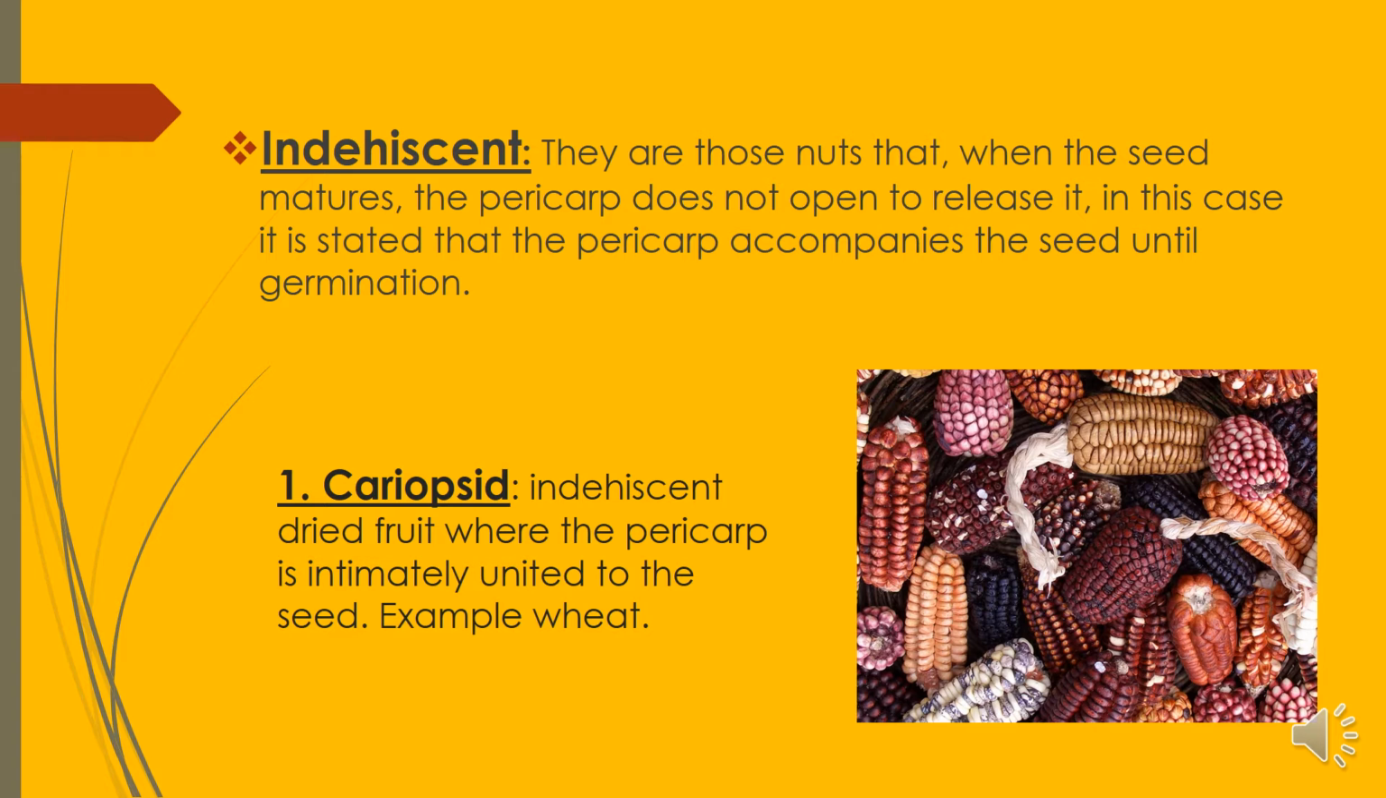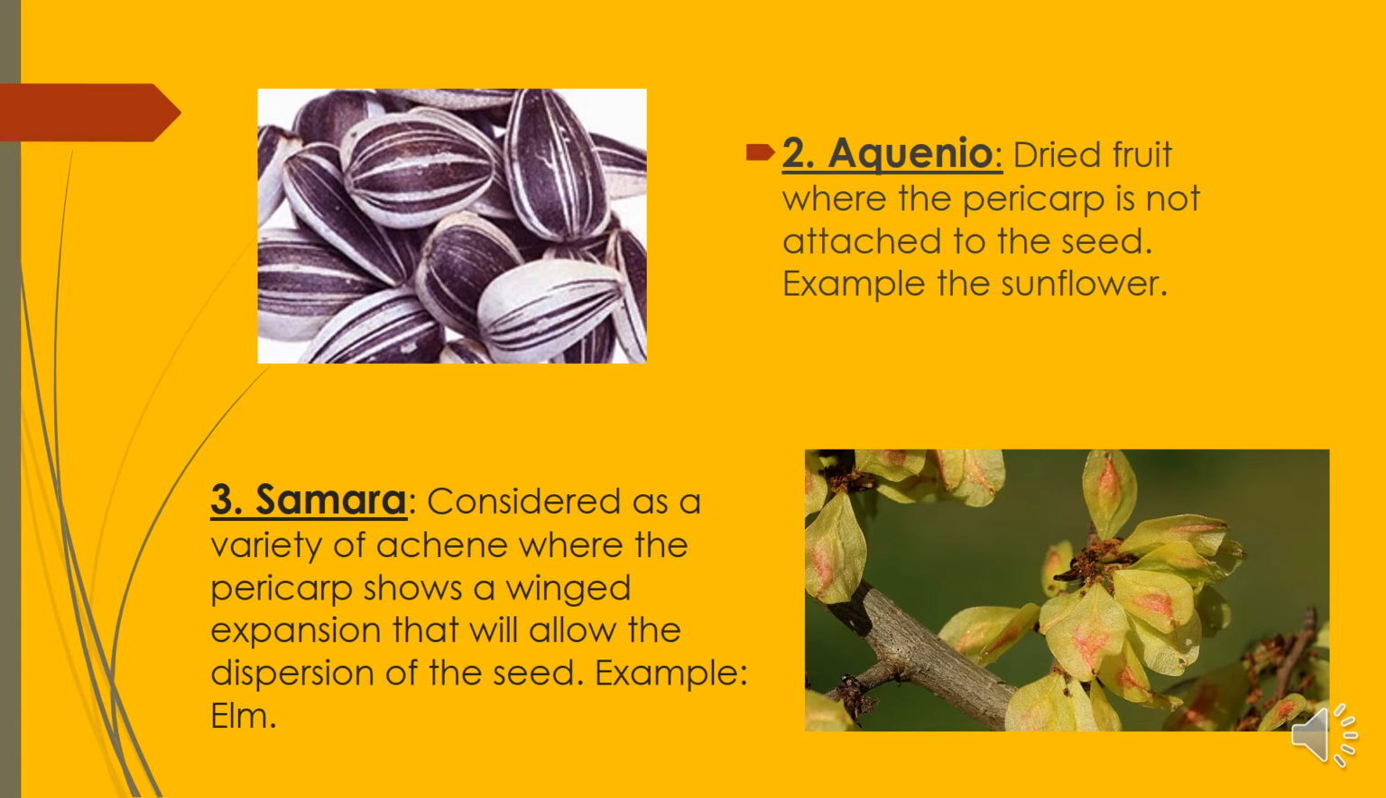In indehiscent fruits, when the seed matures, the pericarp does not open to release it. In this case, the pericarp accompanies the seed until germination. Number 1, caryopsis. Indehiscent dry fruit where the pericarp is intimately united to the seed. Example: wheat. Corn fruit is also a caryopsis. Number 2, achene. Dry fruit where the pericarp is not attached to the seed. Example: